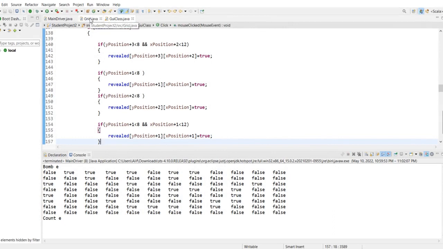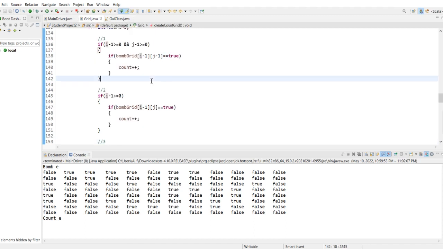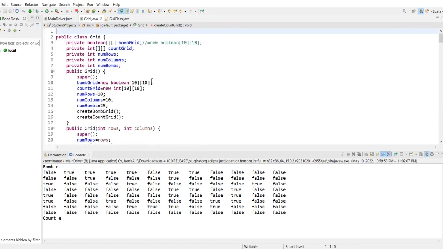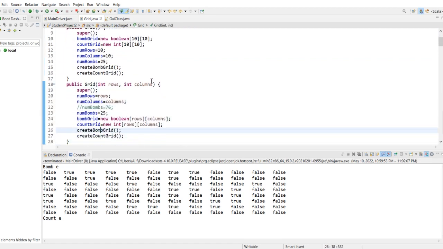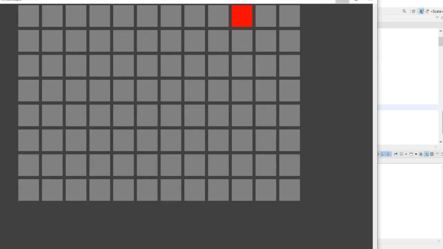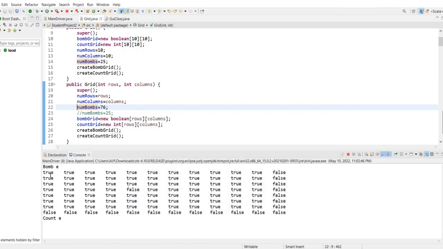One more thing that I would like to show is that if we click all the cells that don't contain any bomb, then the game should be won. That logic is also provided in my application. But for that, let me increase the bomb number so that we don't have to click so much or make the video too long. So right now I am making my bomb number 76, so that we can see a lot of true here. So let me run the program again. And this time, as we can see, as I have just told,